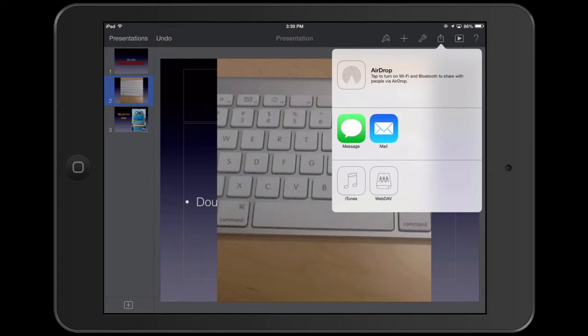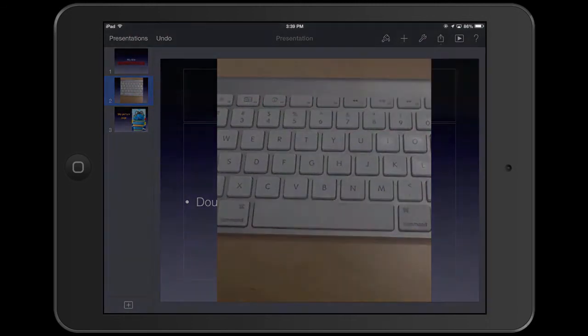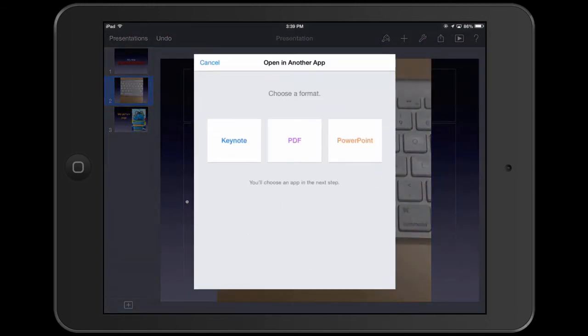So this is a great way if you're having students create a Keynote file, they can just turn in their assignment that way. I don't have any devices near me to show that, but you could also message it to someone or email from that. You can also send it or open in another app. So if I wanted to put this back into Dropbox, I could decide,